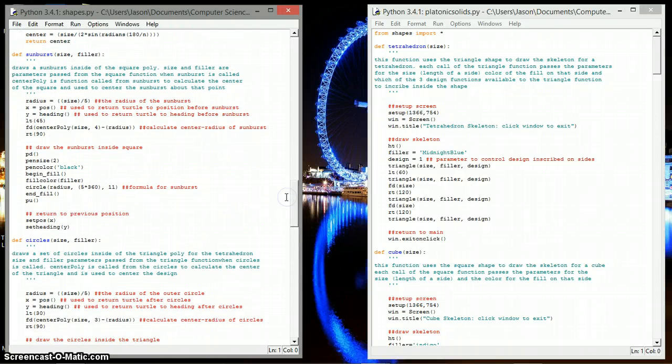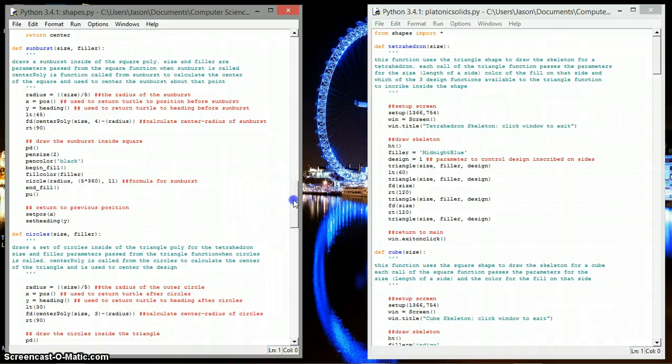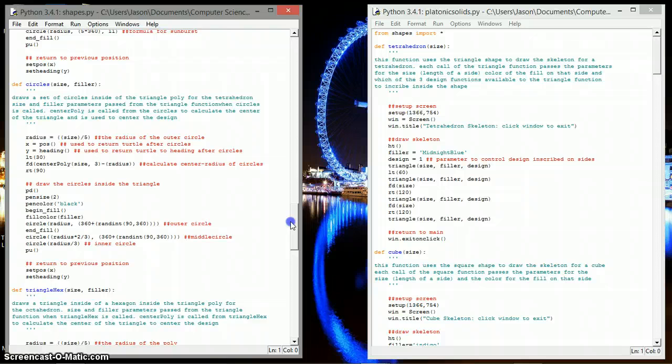Then we have the designs here, the sunburst function, which uses the circle function from turtle and some of its unique parameters to draw different shapes besides circles, using the extent parameter right here to determine how many times it goes around the circle, and the steps to determine how many steps it takes in drawing the pattern of the circle, which in this case results in the sunburst. We also have the circles function here,